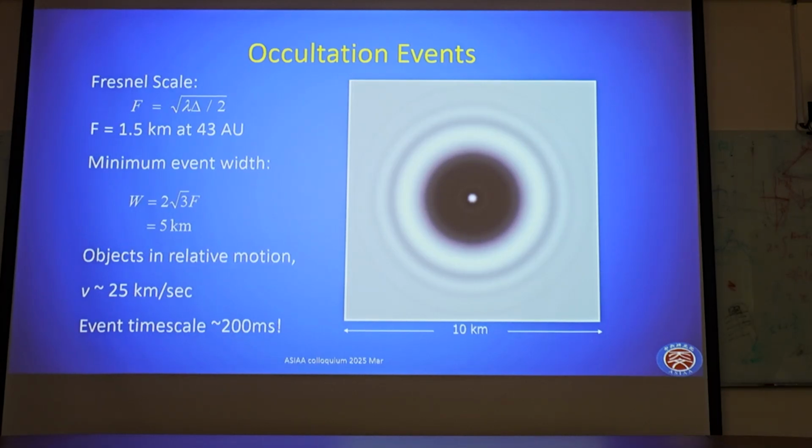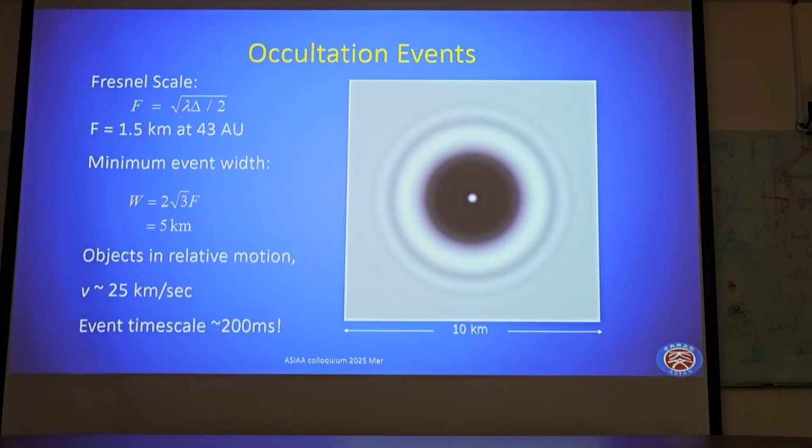So any object smaller than the Fresnel scale is limited by this event width. We mostly will observe at opposition, meaning the relative motion is highest, with a velocity of 25 kilometers per second. So the event will span